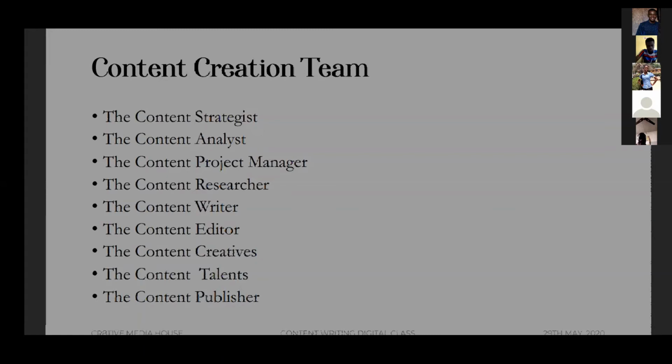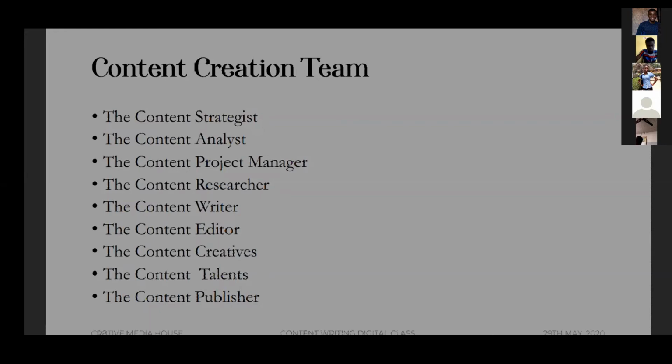Every other party or individual playing in the team is, should I say, minor, but the content writer is the one who sits and comes up with the idea and then eventually puts together the words which will be put out in media or on media. That's who a content writer is. Most times content writers are researchers, though it's still fine, it's still allowed.